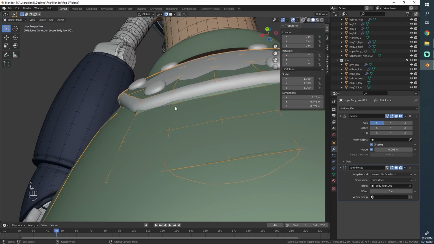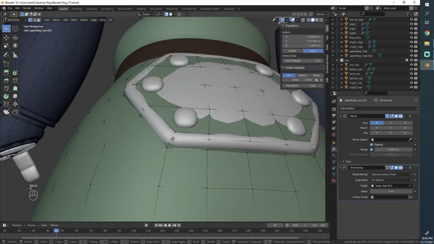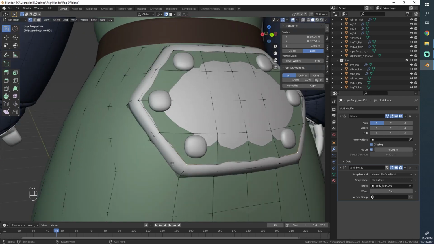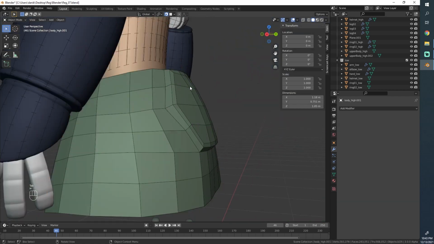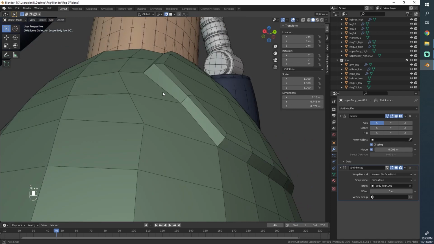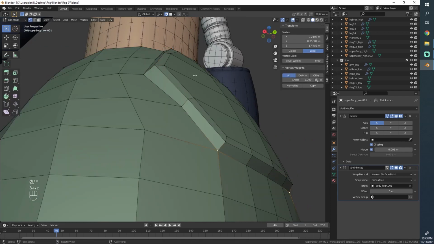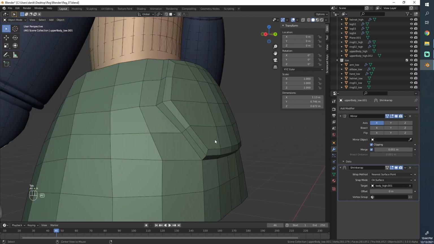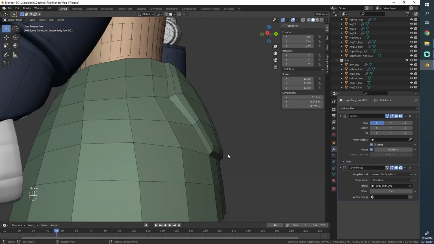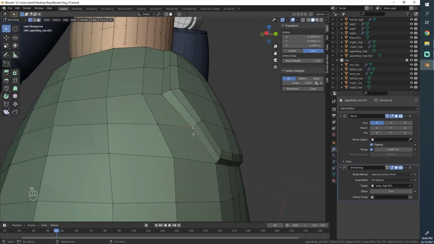I'm really not too concerned, to be honest, with this area. I think, as always with retopology, the only thing you really want to be concerned with is the outline or the silhouette. So I'll select this loop and disable my snapping, hit G twice and slide it down a bit. Just want to make this a bit soft, so that it's not a fully sharp edge, and that should be enough.